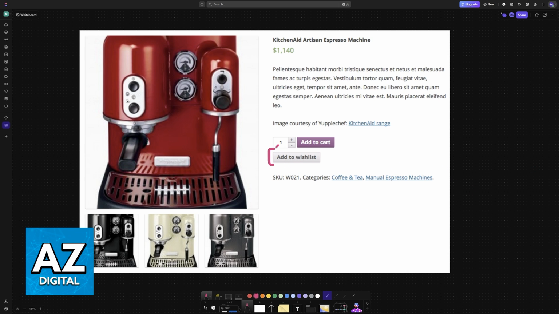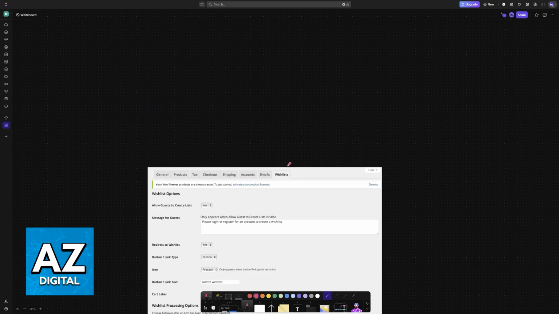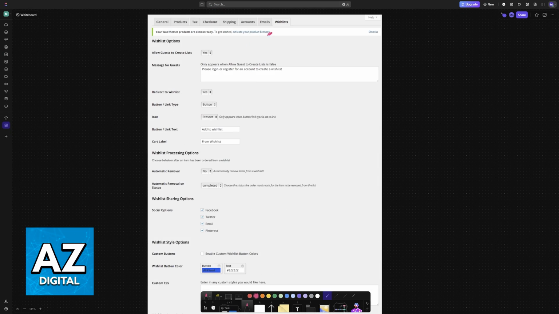So, if you want to manage this particular button available here when you go to a product page, you will need to go to the settings related to WooCommerce. So, to remove or manage this, change the design, position, and so on, go into the WooCommerce settings and access the wishlists category. So when you hover over WooCommerce at the left, you choose settings, you will have plenty of categories, and the last one should be wishlists.